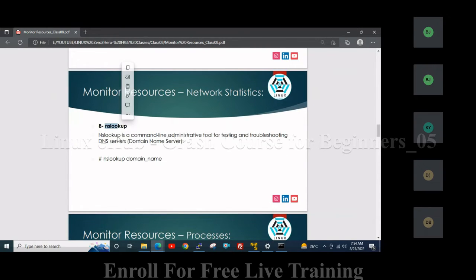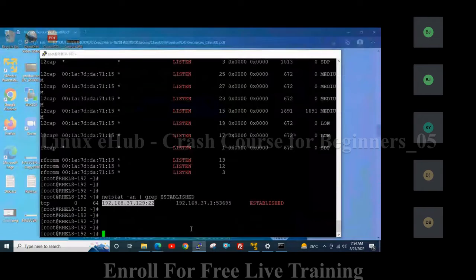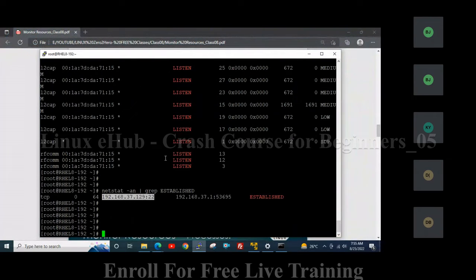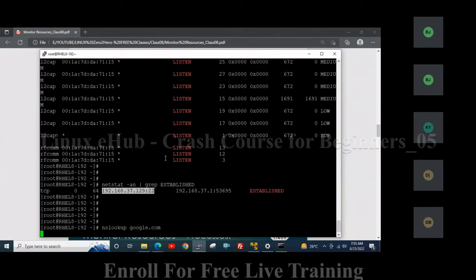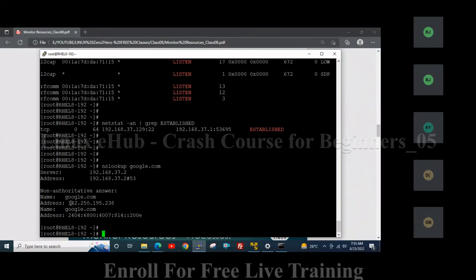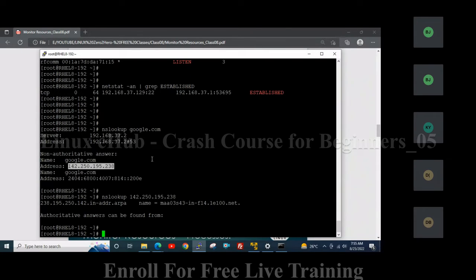Then nslookup. nslookup is a command line administrative tool for testing and troubleshooting DNS servers, domain name servers. That means using the nslookup command, we can check the domain name and the IP addresses. It will resolve the domain name to an IP address. If you want to check the IP address of google.com, you can see it is showing me the IP address of google.com. If we check it in reverse, nslookup, then IP address, it will also show me the